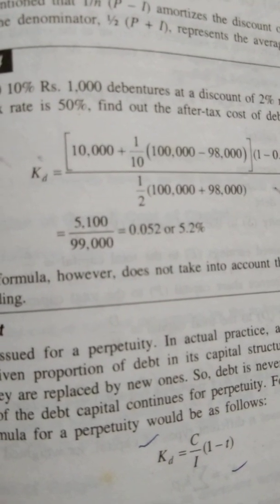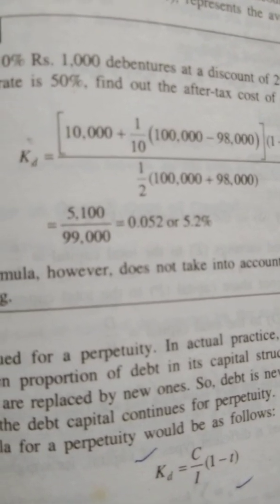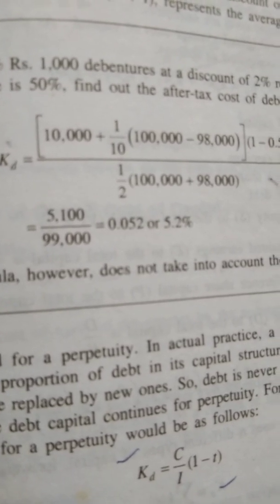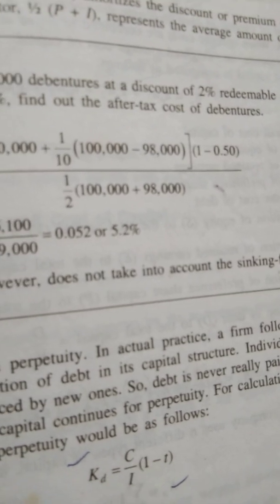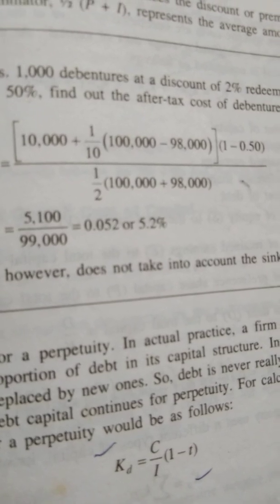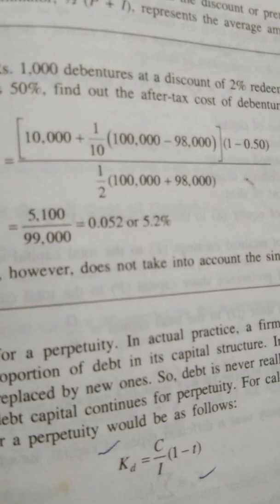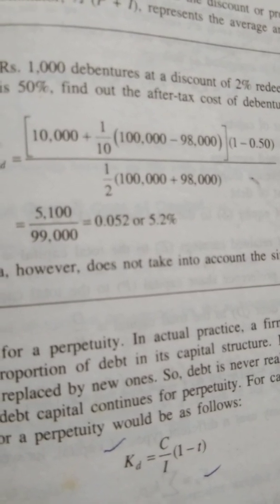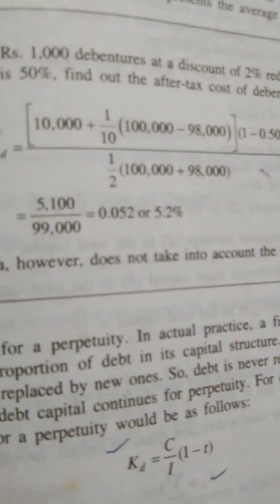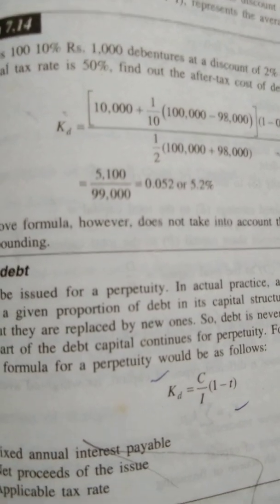What is P? P, as we know, is the face value of the debenture, 1 lakh. NP means the price at which the debenture is sold; with a 2% discount it becomes 98,000. If it is sold at a premium, it should be added; suppose it is 5%, then it will be 1 lakh 5,000. With tax 50% deducted, 1 lakh plus 98,000 halved, it came as 5.2%.